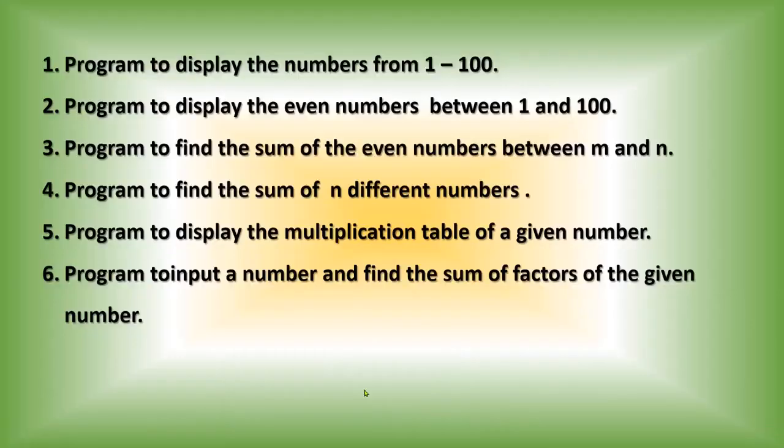The next question in the program is this one: program to display the multiplication table of a given number, which we already did with the while loop. Same procedure. First step, you have to accept the number for which you want to display the multiplication table. After that, starting from 1 to 12, you have to display the multiplication table. So that means you have to generate the numbers from 1 to n.